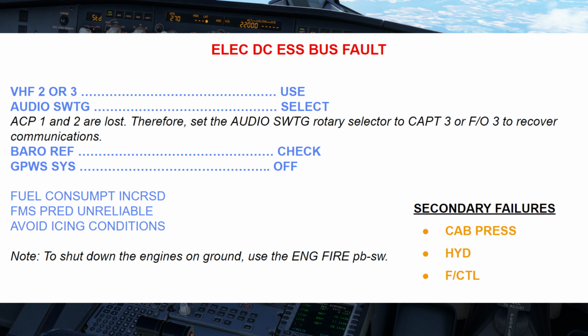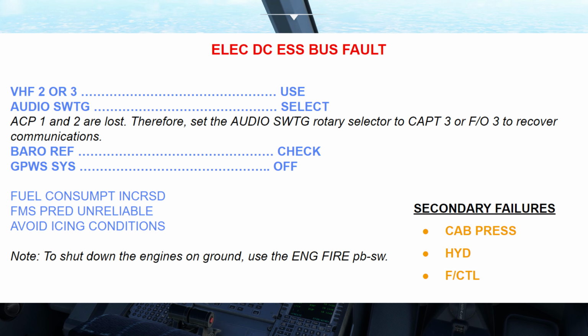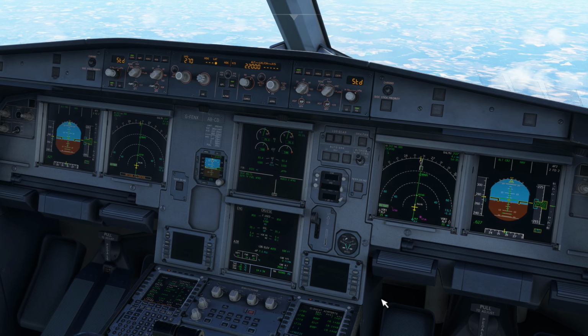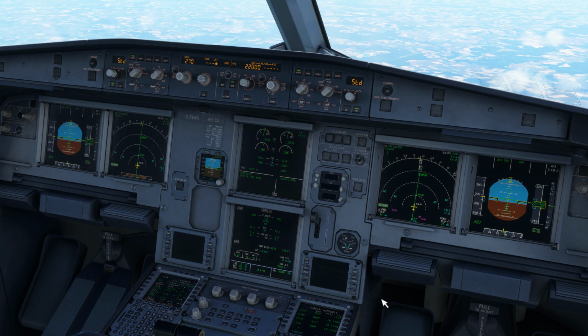GPWS off. There is a note here, saying, to shut down the engines on ground, use the engine fire push-button switches. So we can chat about this later. Fuel consumption increased, FMS prediction unreliable, and avoid icing conditions. The rest is the same as the ECAM, and then the other inoperative systems which the ECAM doesn't mention include